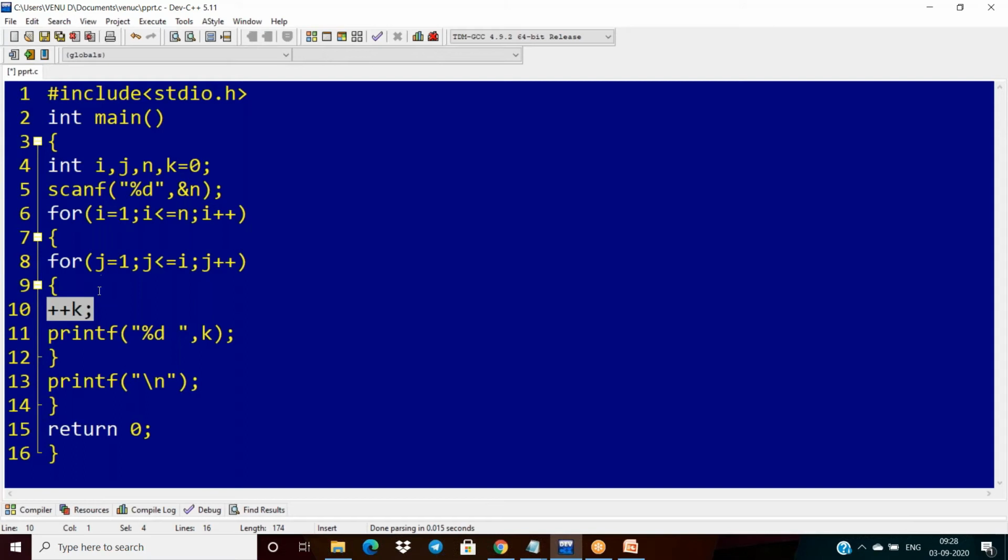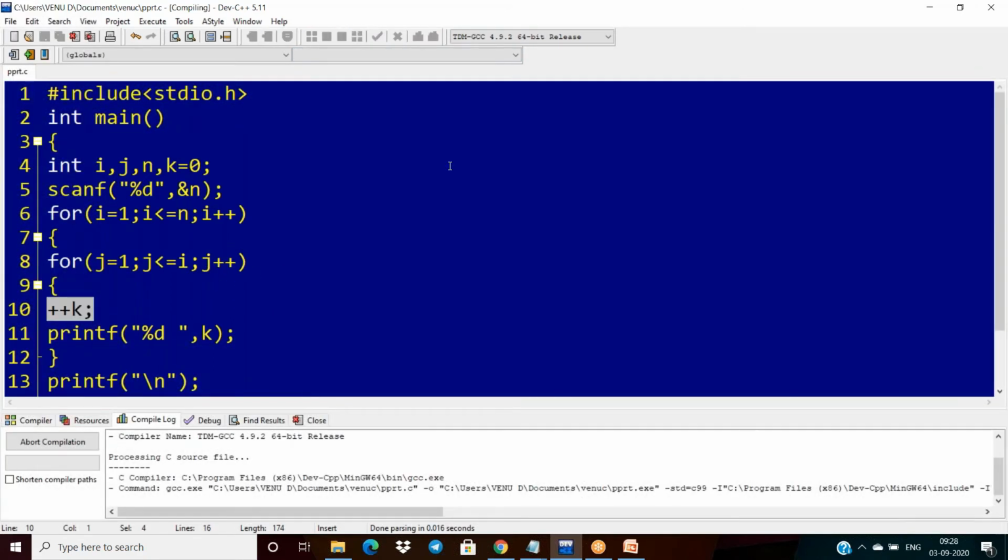In the next iteration, when we print two numbers, k is incremented and becomes 2, so 2 will be printed first. We need to print the modified value of k only, because it is continuously incremented.